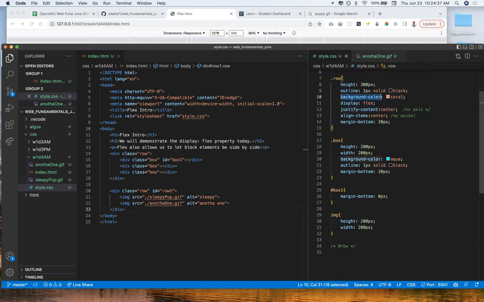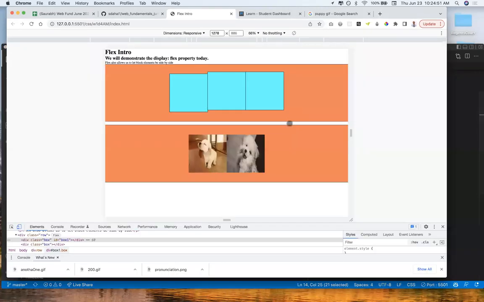Maybe they're all gonna be background color coral. So all these properties are gonna be the same for all the rows. They're all gonna have a margin bottom so that they push the next box away. So there's a lot of similarities between these two orange boxes, except the only difference I want is how they justify their content. Maybe I want this first one to be centered and then the second one to be spaced